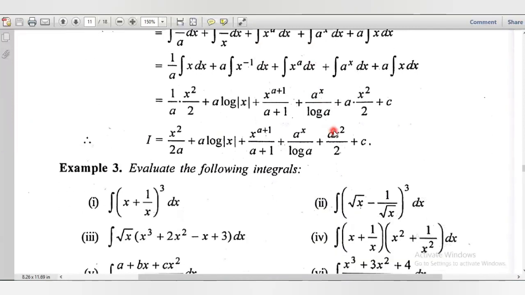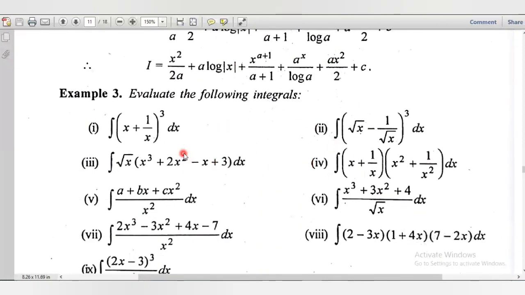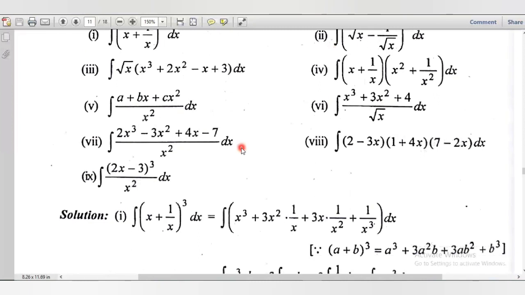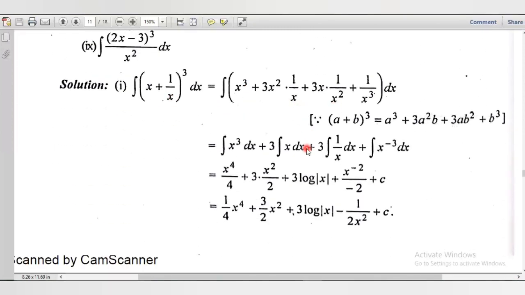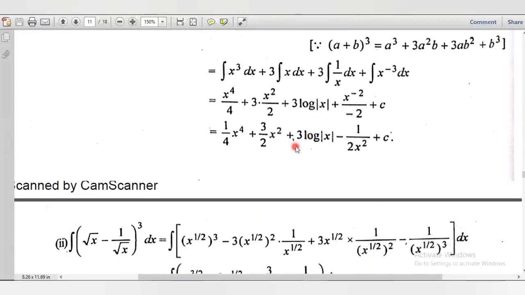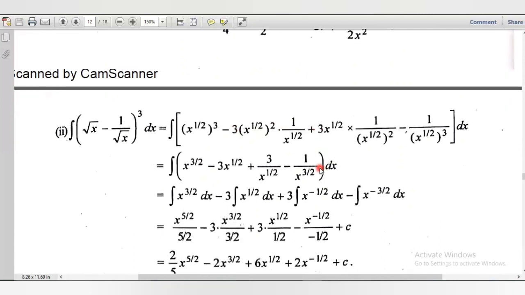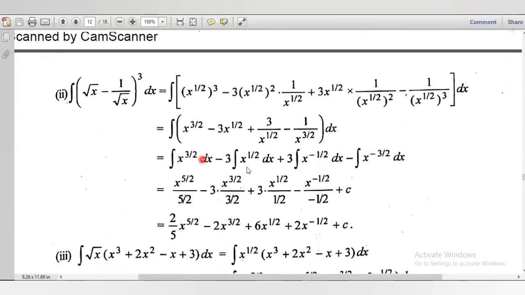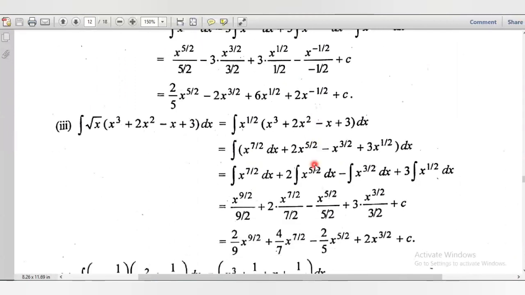See. Good, a nice question. This I have not explained. Here the solution is already given, and it's simple. Very basic formula. Here we are using the basic formula like (a plus b) whole cube, as we have studied in lower level classes. Thereafter just write down separately and then use the formula. You just have to use the formula. If you do all these examples, you will get some